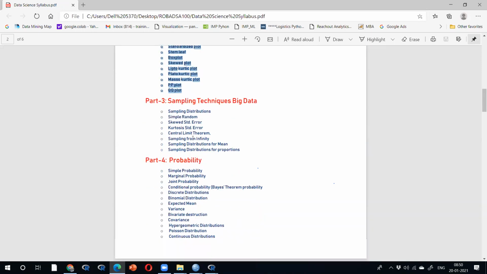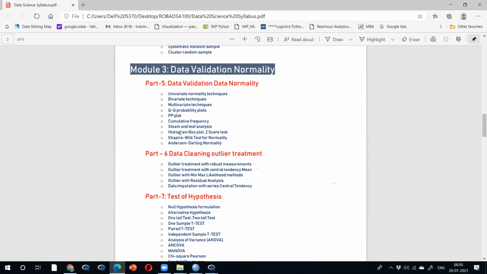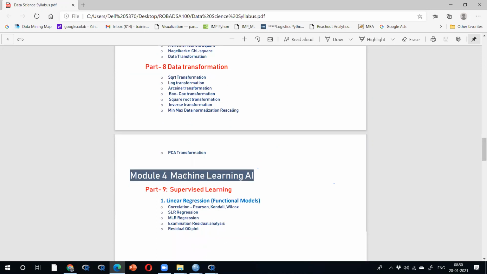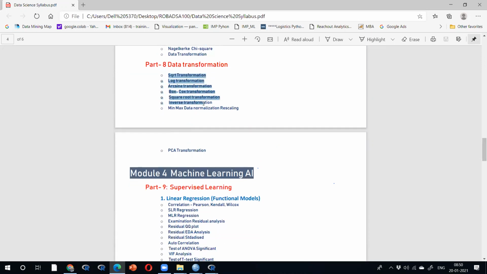So sampling, probabilities, then transformation is available in this part. So why I went to the 8th chapter? You only raise the question: Venkat, this variable has more outliers, what to do? I can say remove it.